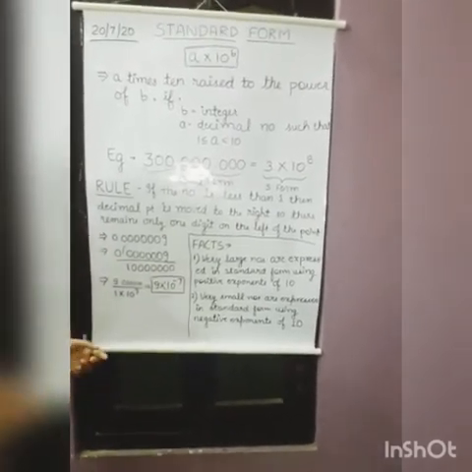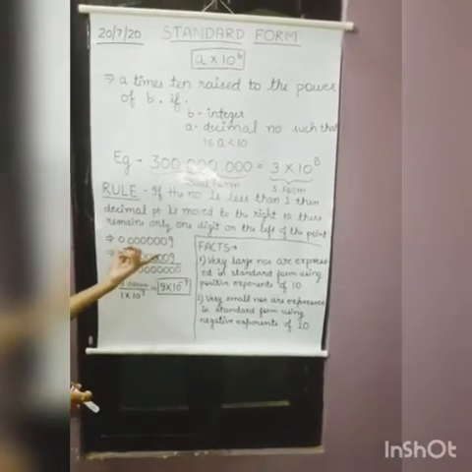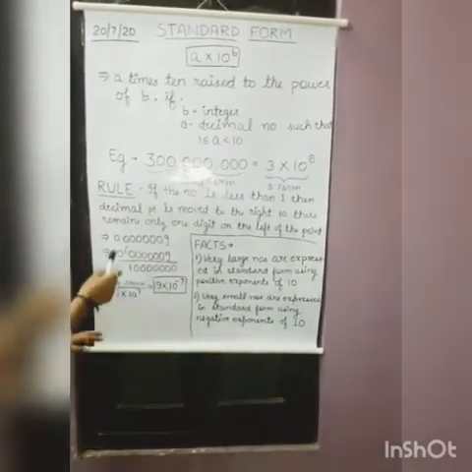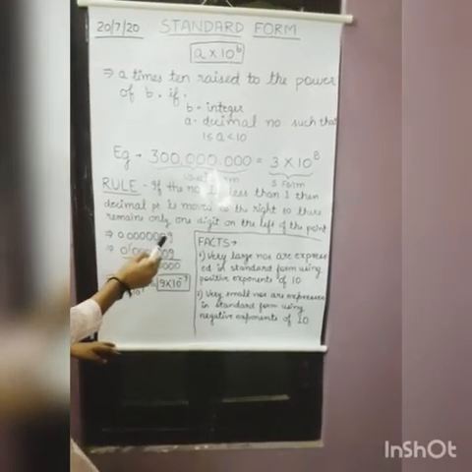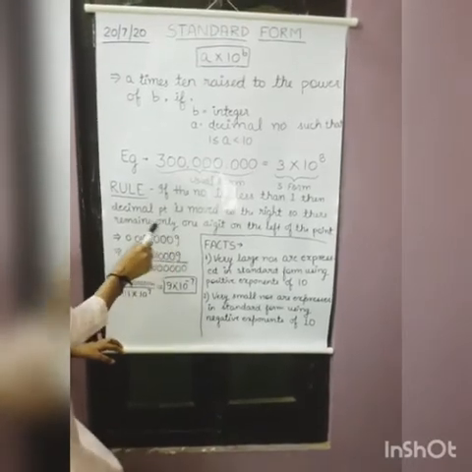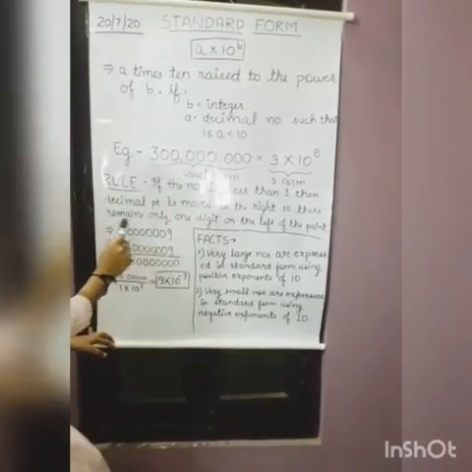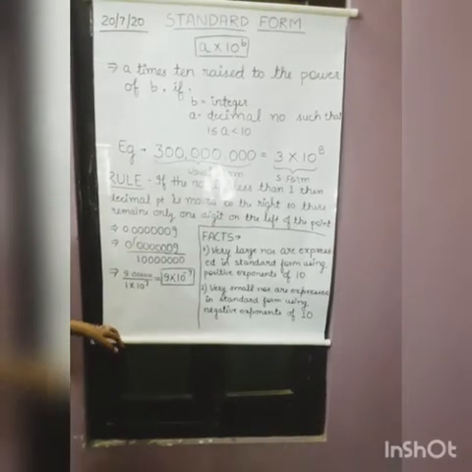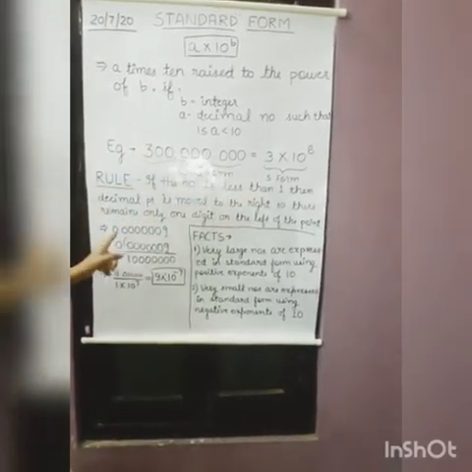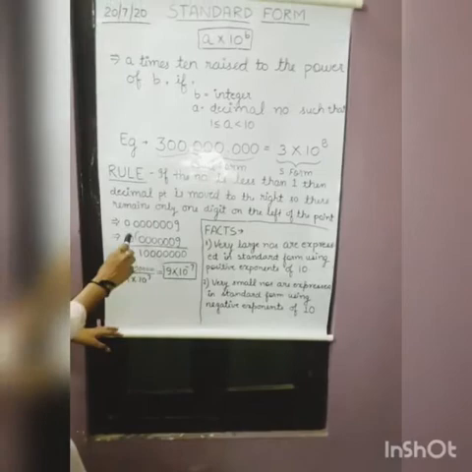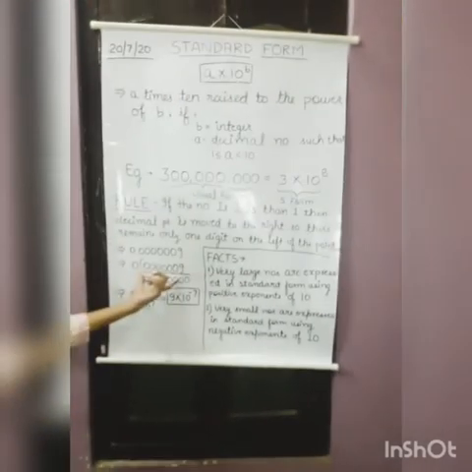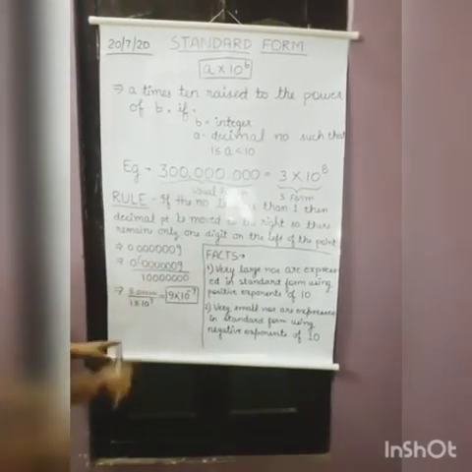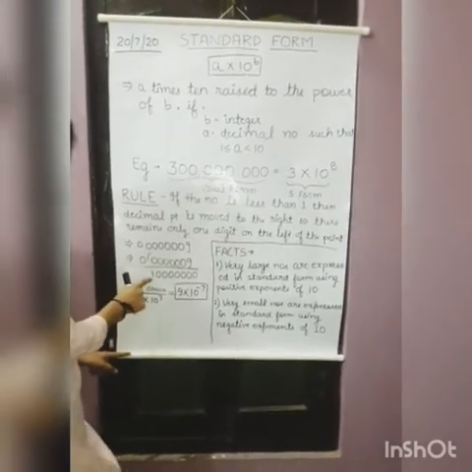Now, it would be sounding a little bit confusing. Let us take an example to get it more clear. Here I have taken the number 0.00000009. You all must be seeing this number is very much less than 1. So now we will move the point to the right side. I have removed the point and put an upon here. When you remove a point, you add 1 in the denominator. I have added 1 in the denominator.